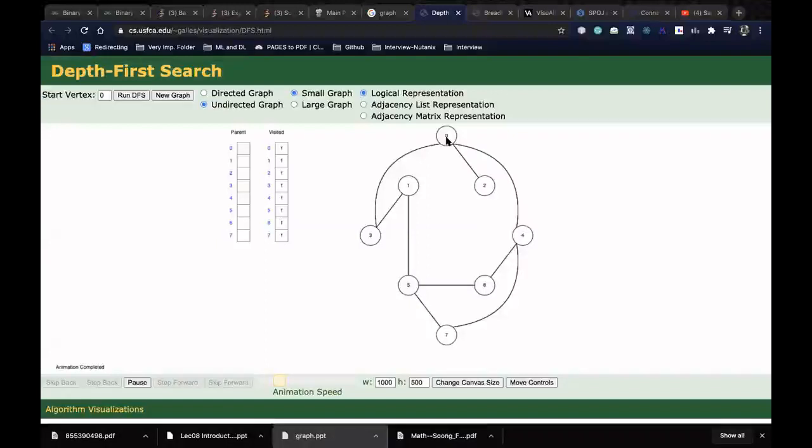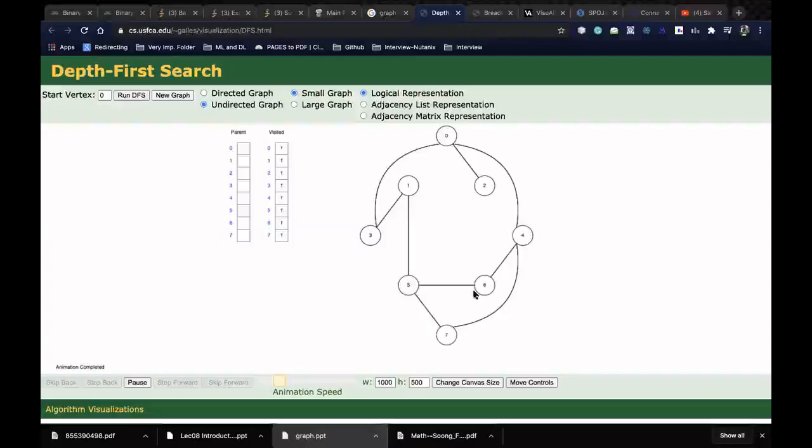Then what I do is I basically take any node which is directly connected to 0. So I take 3 for example, and then from 3 I go to the node which is not visited yet and is directly connected to 3. So from 0 I went to 3, then from 3 I can go to 0 as well as 1, but 0 is already visited because I started from 0. So I don't go back to 0 again, but rather I go to 1. Now similarly, from 1 I can go to 3 as well as 5, but 3 is already visited. So from 1 I go to 5.